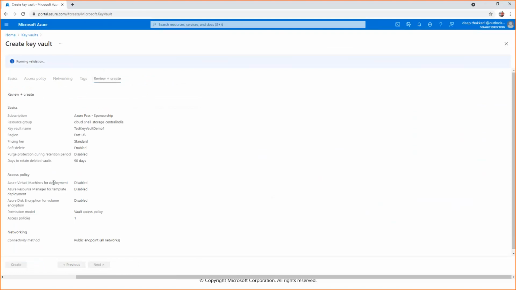So if the validation is passed, we can create the key vaults. If at all I have access to this key, then only I can perform. And we need to assign this key to any of the resources, so we can associate this key with any of the applications. Based on my permissions and authorization, I can perform the activities which are provided in the access policies.